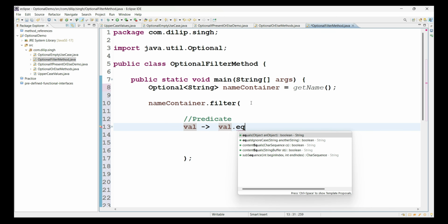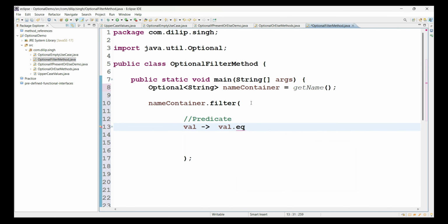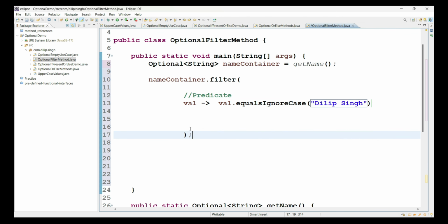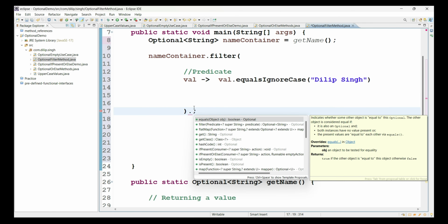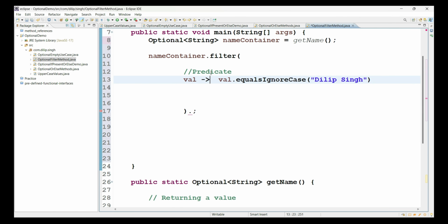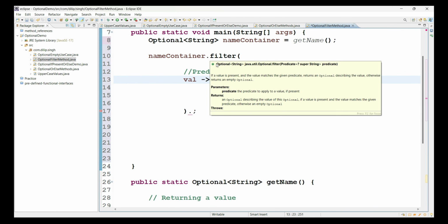For example, in this case I return string, right? So that's why I'm just using equals ignore case. If it is matching the Dilip Singh, then only give me the value. Otherwise don't give me the value. Like that I return a predicate functionality implementation here. So see here now, dot, you can see again the filter method is returning back which